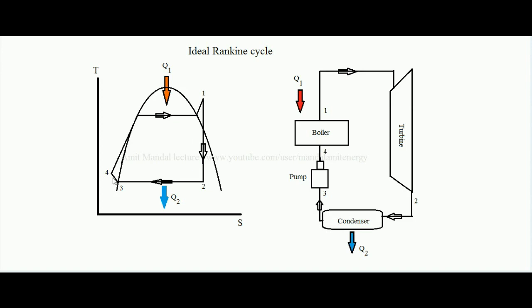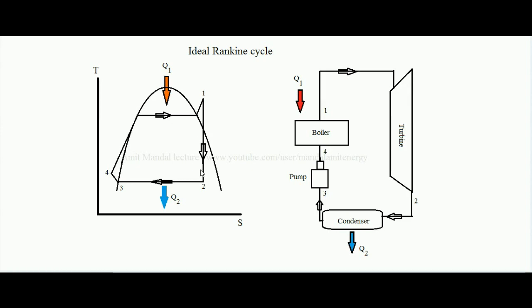In the boiler the water enters at point 4, Q1 heat is added, and ultimately it comes out from point 1. It expands in the turbine, and point 2 is the point of exit of steam. Now it condenses in the condenser between points 2 and 3. Then the pump takes the liquid water from point 3 and, by increasing the pressure, transfers the water inside the boiler. This is how the cycle completes.